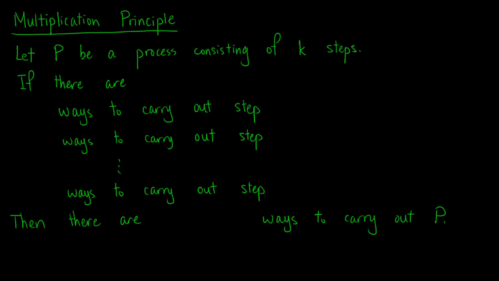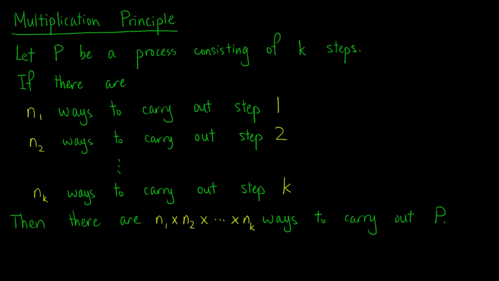Before talking about permutations and combinations, it is important for us to introduce the multiplication principle, which you may have seen before. Let P be a process consisting of k steps. If there are n1 ways to carry out step 1, n2 ways to carry out step 2, and so on, until we have nk ways to carry out step k, then there are n1 times n2 times all the way to nk ways to carry out P. It just means that we have to multiply the possibilities for each step to get the total number of possibilities